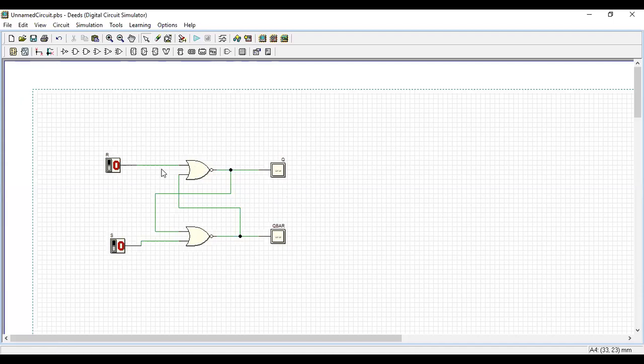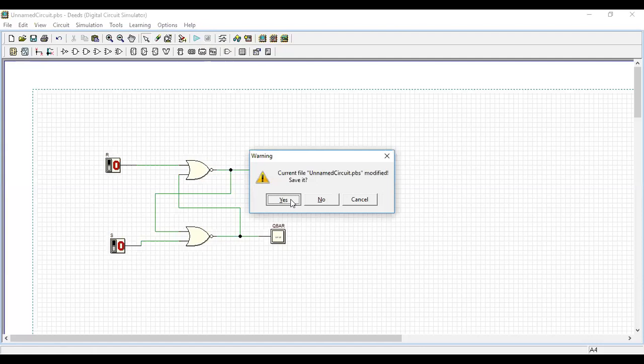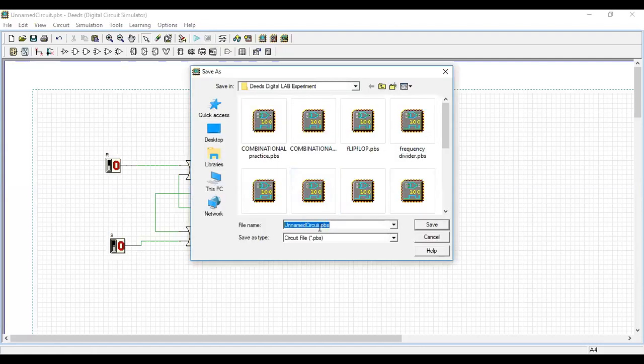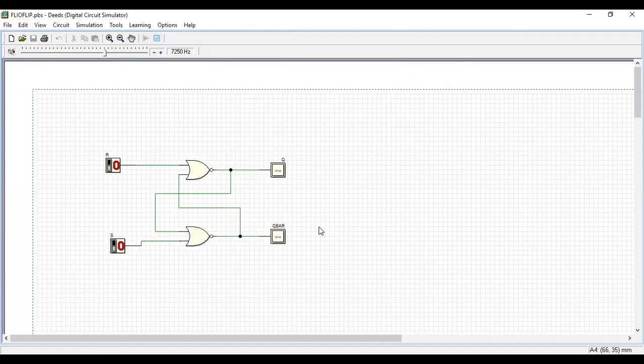Now, shall we simulate this? We will try simulation here. So what is this? This is the flip-flop. With inputs 0 0, I got some pink output here.